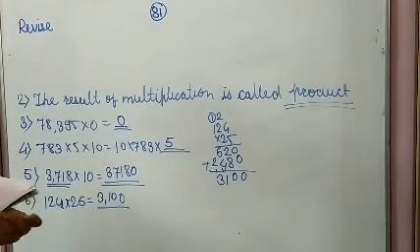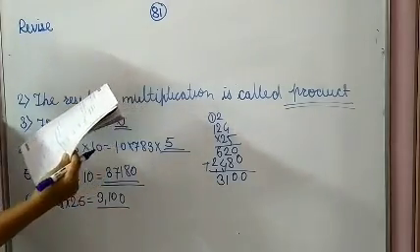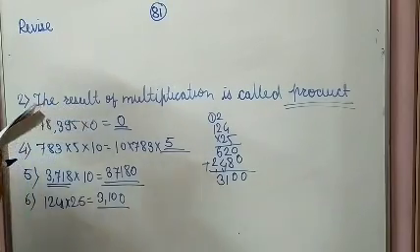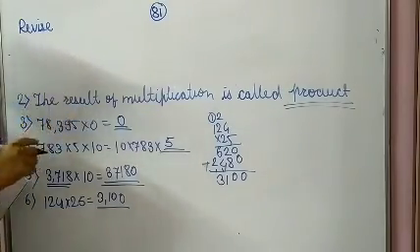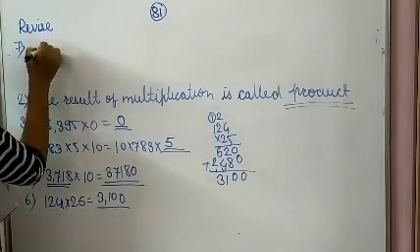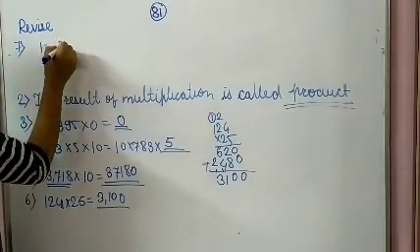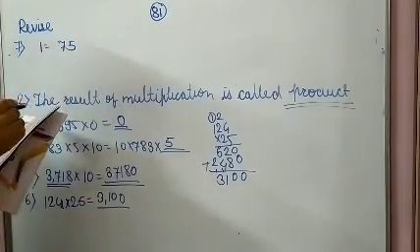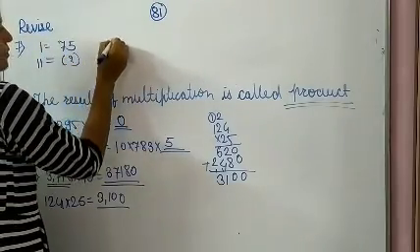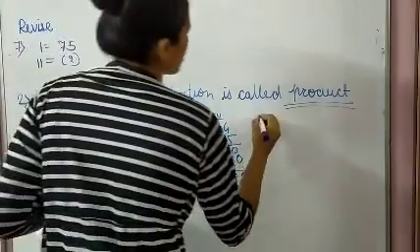Now what is the 7 given? 7, there also you have to do multiplication, only a word problem is given. If a box has 75 chocolates, how many chocolates are there in 11 such boxes? So similarly, like the word problem we saw previously, it is similar to that. See, for one box, how many chocolates? 75. So what you have to find out? In 11 boxes, how many chocolates are there? So what you have to do? 75 into 11. You can do it in this way, otherwise solve here.